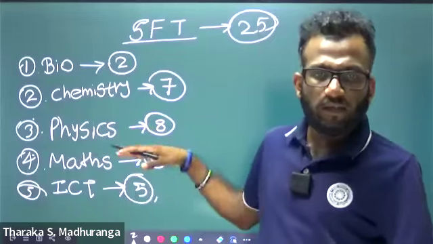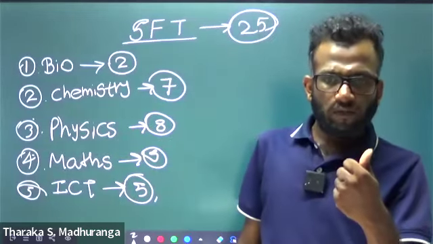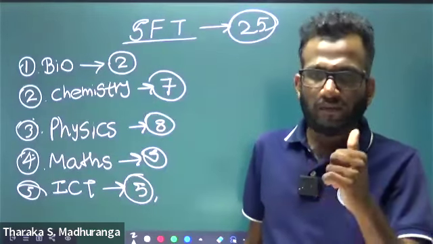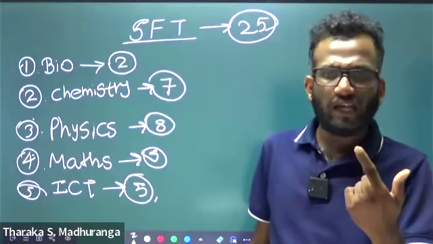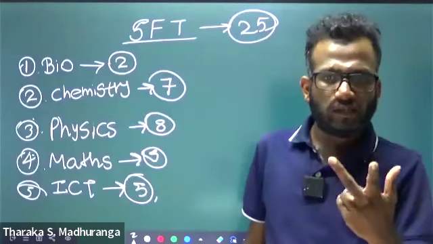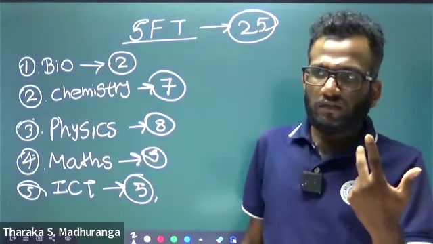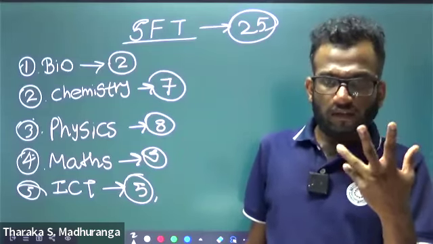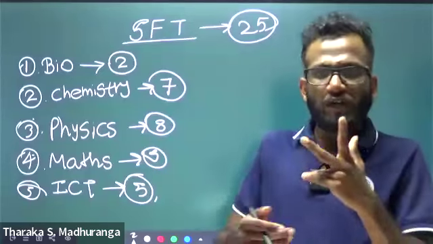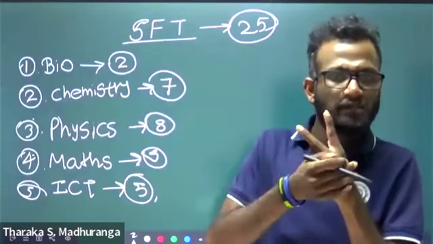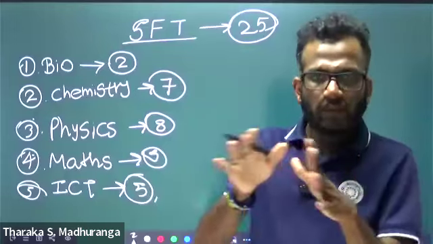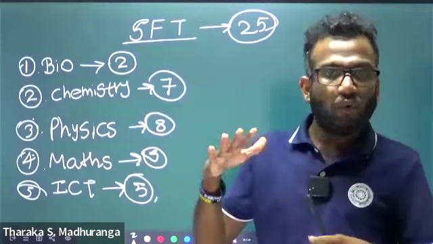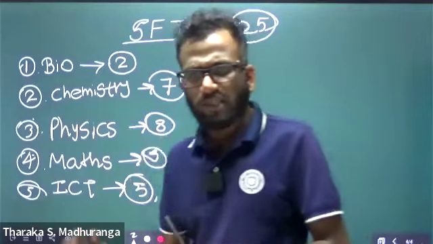In the maths part, you have very simple lessons. Three lessons are basic mathematics. The first one is trigonometry, the second one is area and volume, the third one is Pythagoras theorem, very simple. The fourth one is statistics, and the final one is coordinate geometry. This one is a little complex mathematics question. The others are very simple maths topics that you already know: area and volume, trigonometry, and Pythagoras theorem.